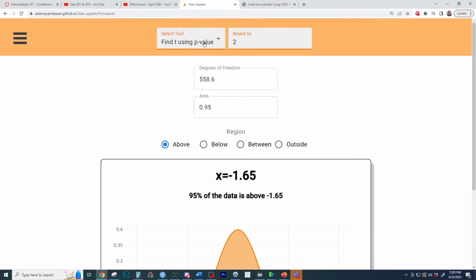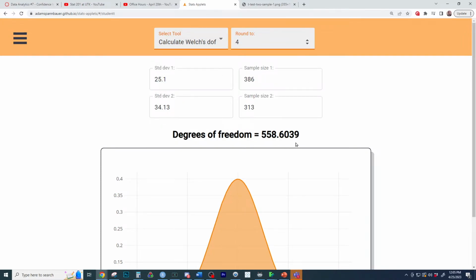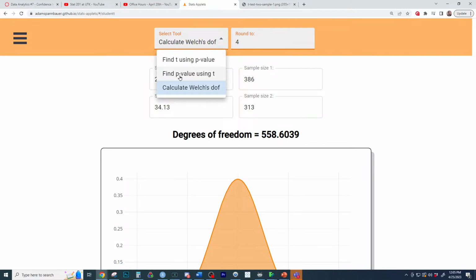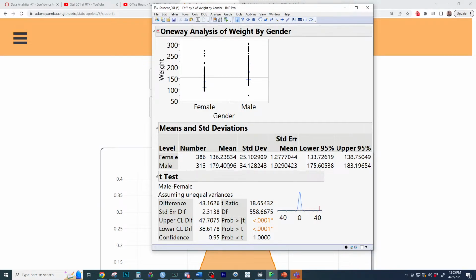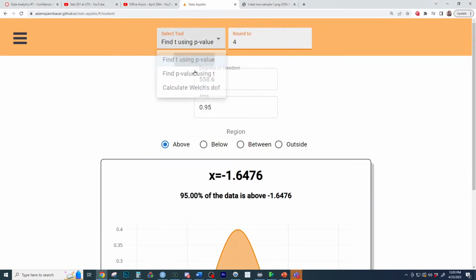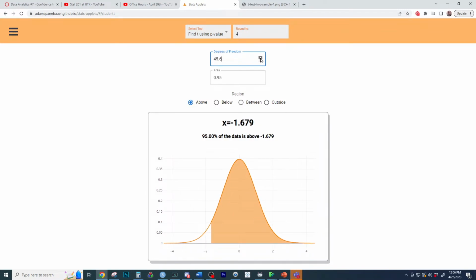So maybe we didn't carry enough, but maybe if we carry the second decimal, probably the way we calculated it, we might just need to carry more decimals on all this, because look at that little change right there if we carried more decimals. Either way, we have enough that our calculations are going to be pretty exact. JMP is just going to do a lot more work for us and carry more decimals on these numbers. And then we get the degrees of freedom right here, which tells us the shape of the t. The lower the degrees of freedom, the less normal it is. It's more peaked and has wider tails. As we increase the degrees of freedom, it goes towards the normal curve, and famous numbers we know like 1.96 start to appear as you increase the degrees of freedom.